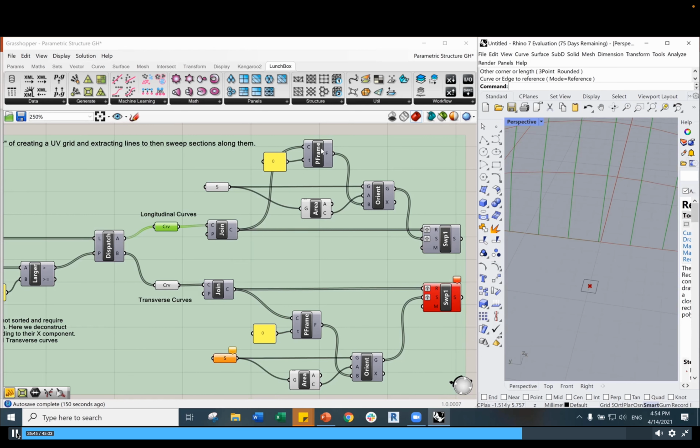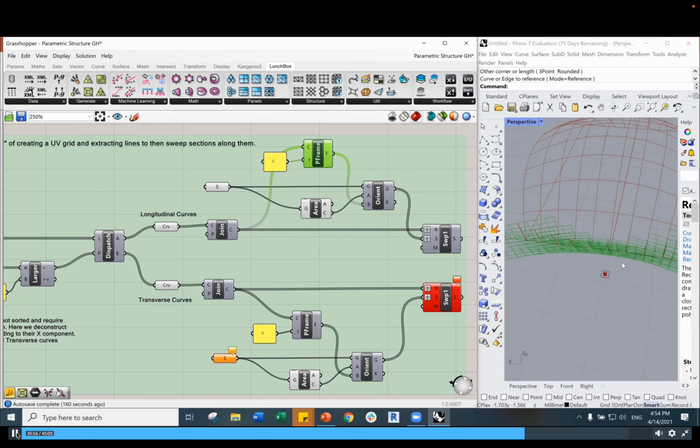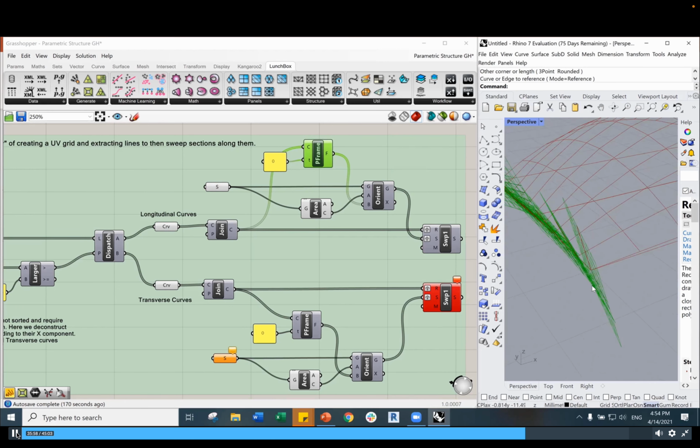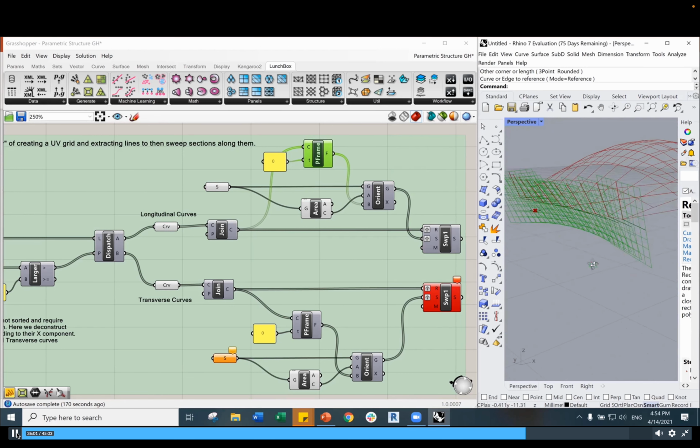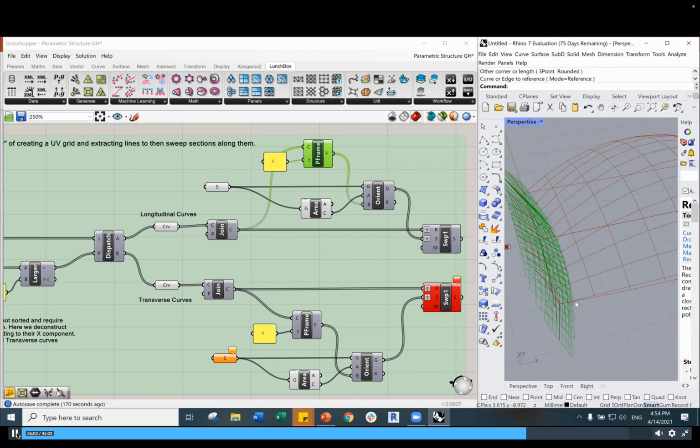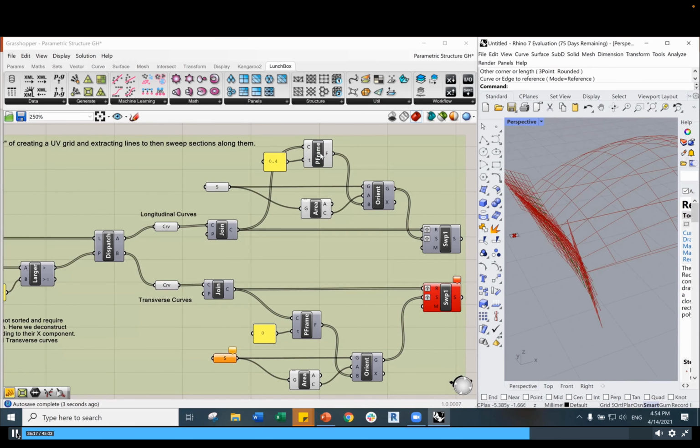quite simple. First, I need a perpendicular frame. So the perpendicular frame would give me my normal plane to each curve, which is exactly what's happening here. You see that each one of these planes is adjusted to match the parameter 0, which is the start point of my curve. If I change this to 0.4, for example, it will move all of my